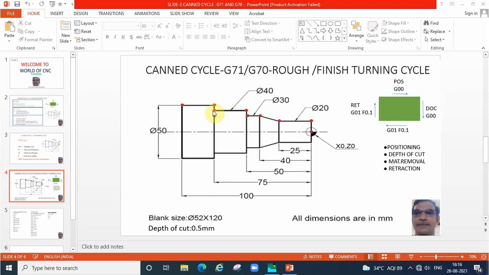Next point, no change in X, Z value will be minus 75. Here X only changing to X 50, no change in Z. The last point will be no change in X, Z only changing, minus 100. So that we are writing all the values.